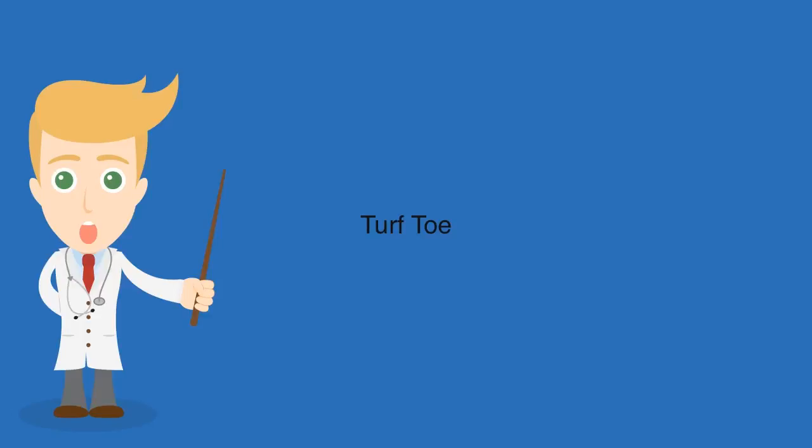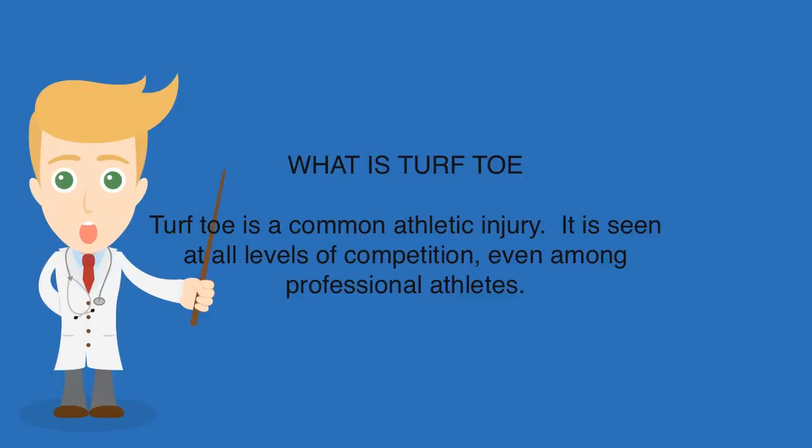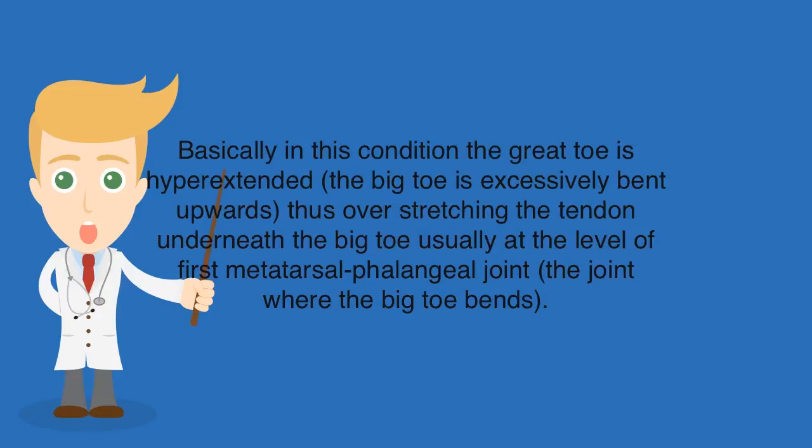Turf toe. What is turf toe? Turf toe is a common athletic injury. It is seen at all levels of competition, even among professional athletes. Basically, in this condition, the great toe is hyperextended, the big toe is excessively bent upwards, thus overstretching the tendon